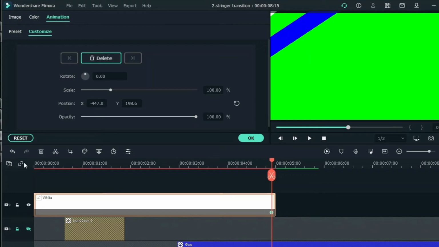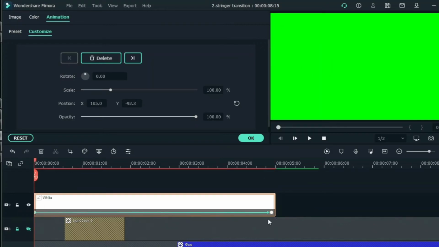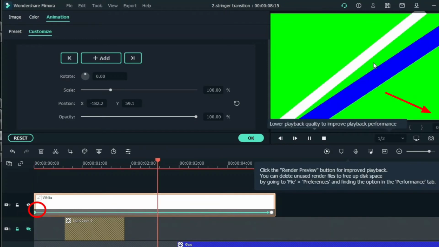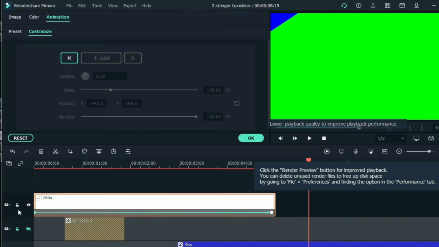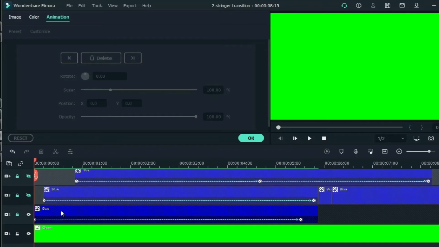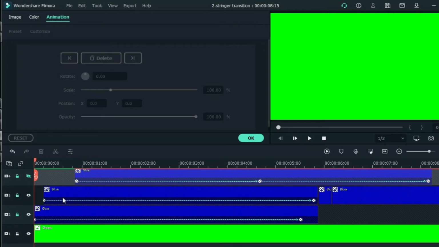So that is my end keyframe here, and now I have come to the starting of the clip here, and I'm going to position the white rectangle at the right hand bottom side. So let me place it there, and once I place it and I play it, it will move from the bottom right to the top left. So that will be the motion. So I have shown you how to keyframe an element.